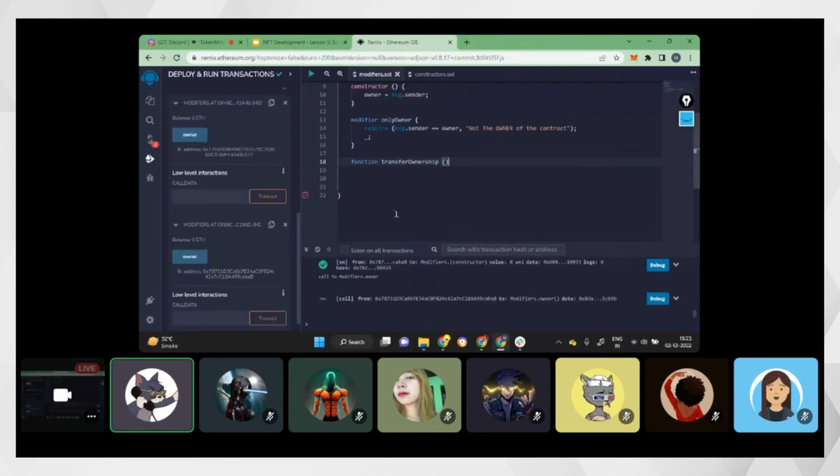Now inside this function, you would pass an address, which is going to be a new owner, and you will make it public, and you will give it only owner. And the first statement is obviously going to be a require statement, and in the require statement we'll say that the message dot sender is a good check. So you will check that the new address is not equal to address 0,